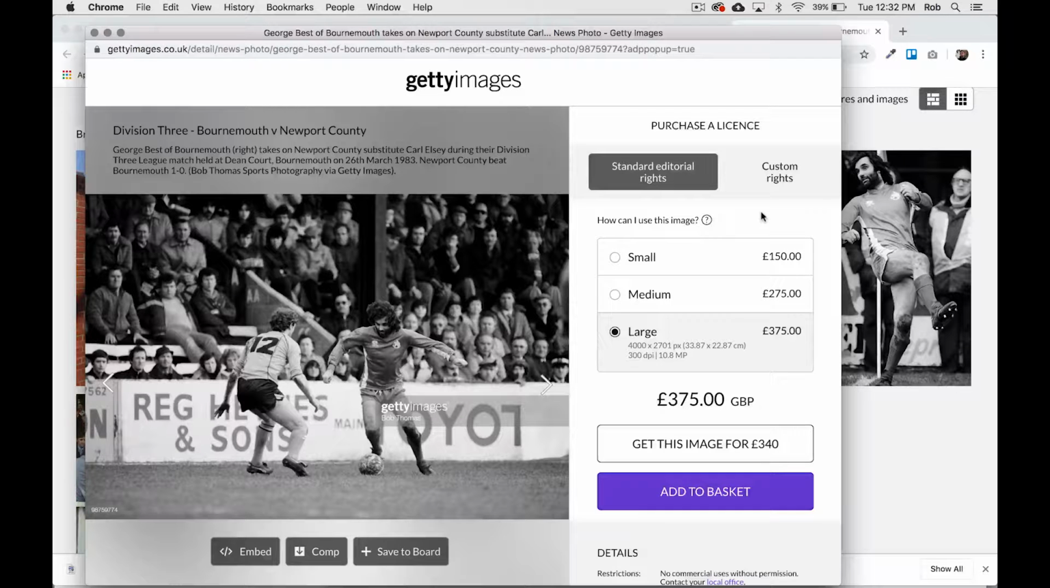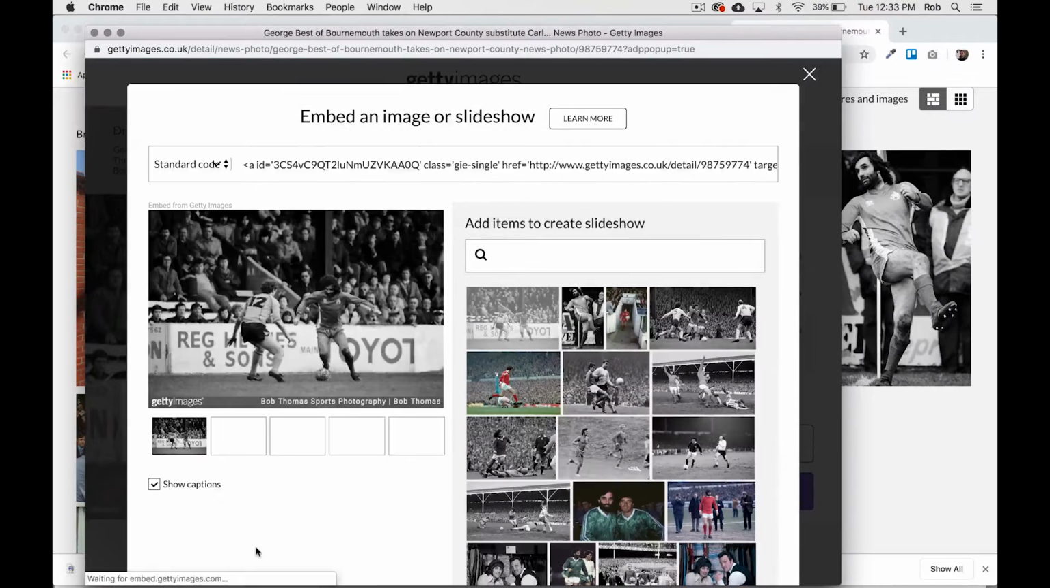So if you use an image that isn't specifically marked as okay to use, this is the kind of bill you could get. Okay, so obviously we don't want to pay £375 to use this image, but what we can do is we can use something called an embed code. So embed codes are really useful online. They're a way of taking content from one website and placing it on another website. And we should be able to see down here, we've got this embed button. So if I click on this button,